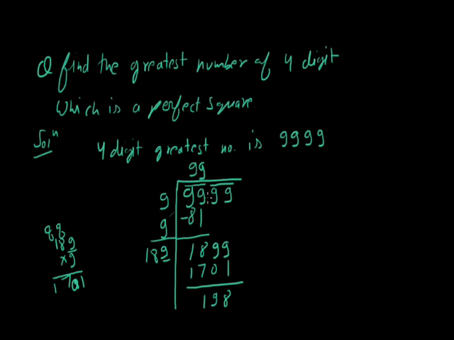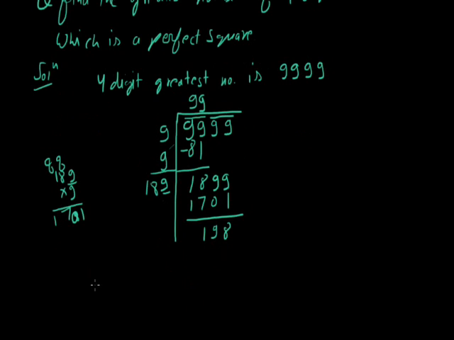Now it is the greatest one, but it is not a perfect square. Now to make it a perfect square we have to subtract this remainder, that is 198. So the greatest 4-digit number which is a perfect square